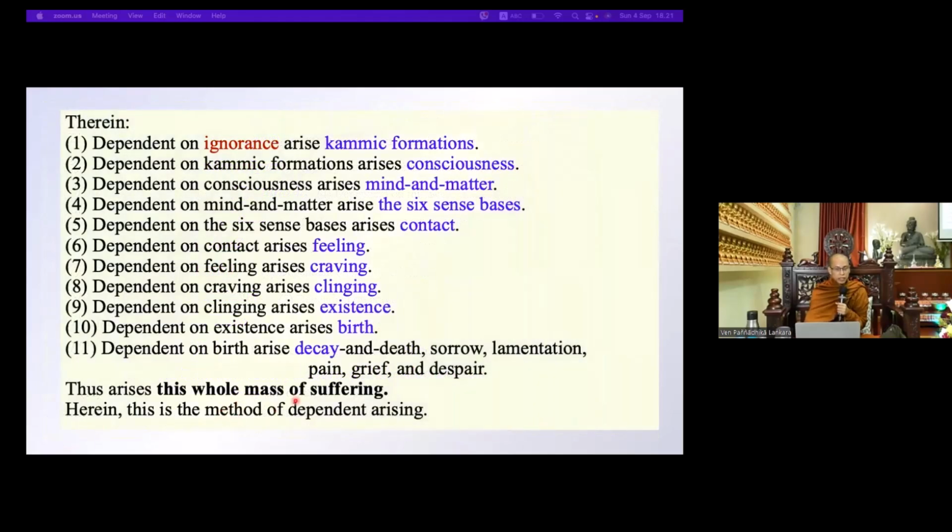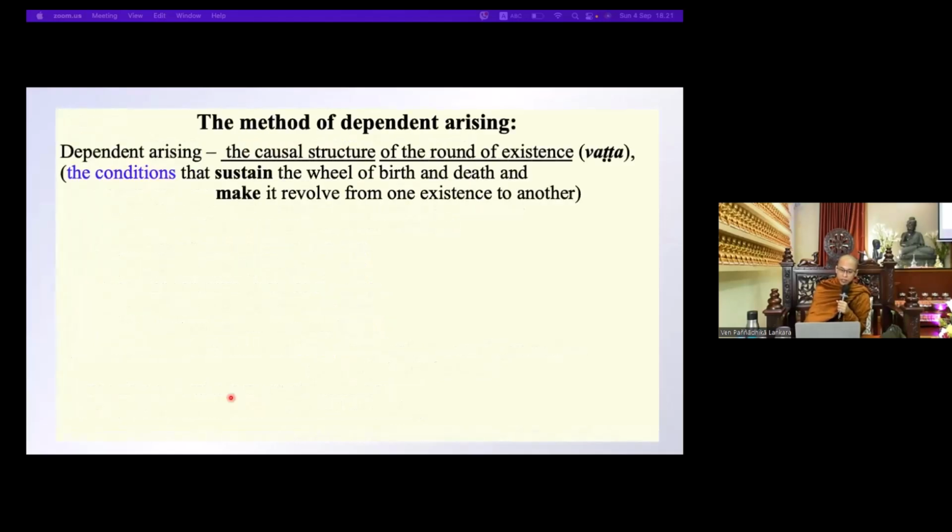So the mass of suffering. If we conclude the whole process, starting from avijja to the despair or upayasa, all are included under the name of suffering. That is why the conclusion sentence comes: this whole mass of suffering. Okay, so